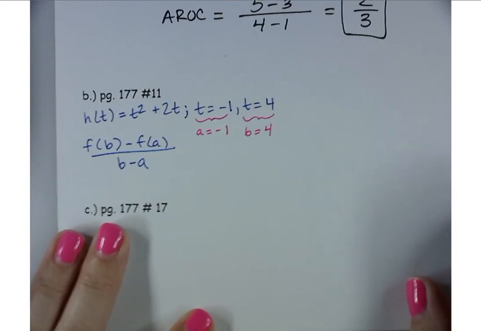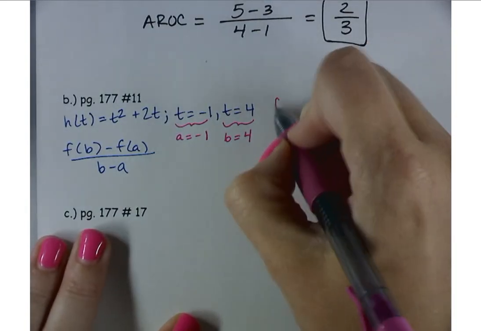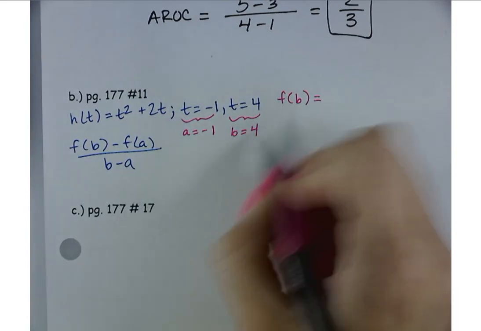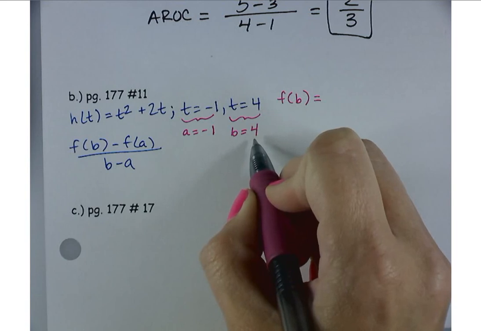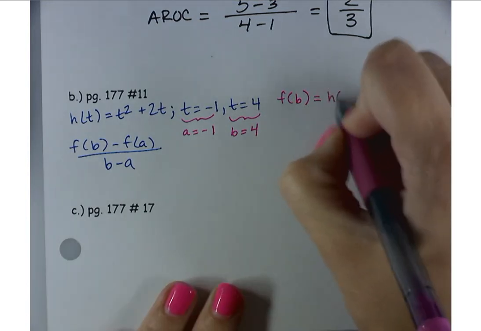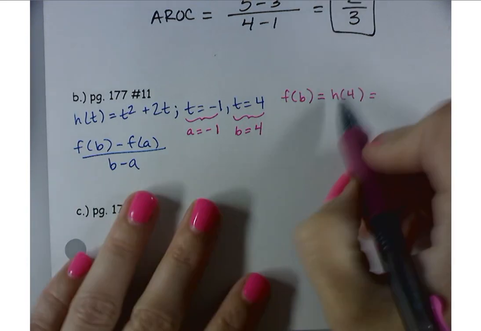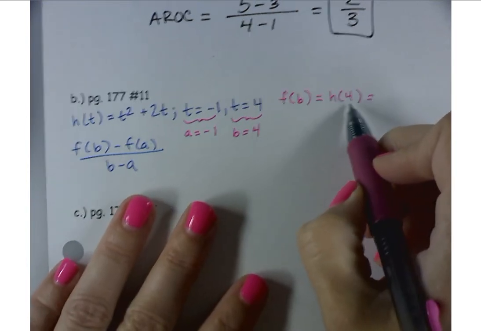So when we're finding f of b, we're actually going to be plugging in, what is our b value? 4, okay? So we're going to find h of 4. And again, the only reason why it's h is because the function is giving us h. Okay, so b is equal to 4, so I substituted that in. Instead of f of x, we have h of t, which is why I'm going to plug that in. So now if I need to find h of 4,